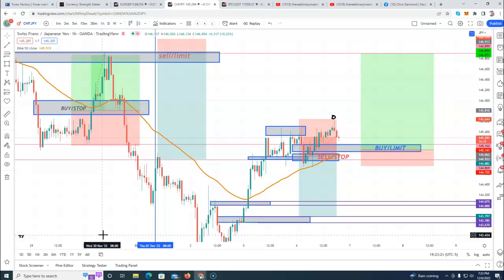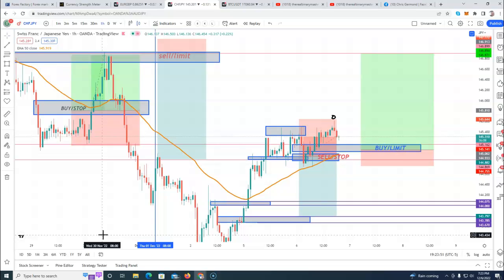having super anxiety, always looking at the phone, waiting for the setup to happen. Nope, we can set our sell limit, our buy stop, our buy limit, our limit order and go on about our day. If the market comes to our area in 3 hours from now, great, we're going to get into the entry. If it comes to us in 6 hours from now, great, we're going to get in the entry. And if it doesn't go our anticipated direction, great, we're not going to get in the entry and potentially lose,